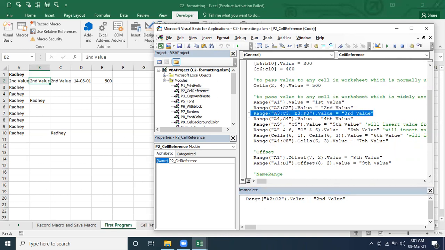Can you let me know what is going to happen here? Here it's going to go from A3 to E3, the third value. And can you let me know how many arguments this Range method is going to accept? How many arguments is it going to ask? Basically it's asking for two arguments, right? Yes, exactly, two arguments. Now we are working on the first argument or the second argument? A3 to C3 is the first one, and this is the second one.